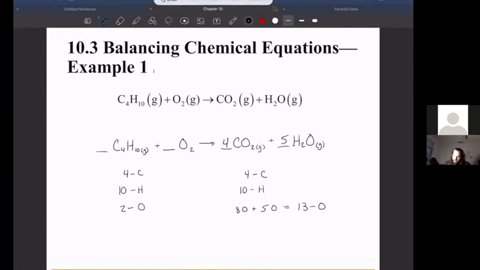So again, there's not really any whole number I can use here to adjust this value for oxygen, but I could do 13 halves, 13 over 2. That would make it so that I had 13 oxygens over here and 13 oxygens over on my product side. Okay, but then what are we going to do? Again, let's remember, what do we do when we have a fraction? Because again, we have to have whole numbers. I'm just going to take this whole thing and multiply it by 2. So my final answer would be 2